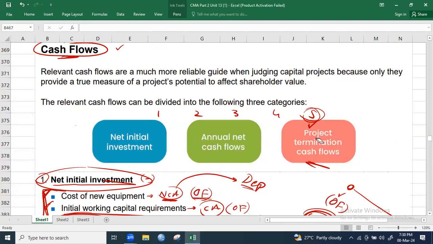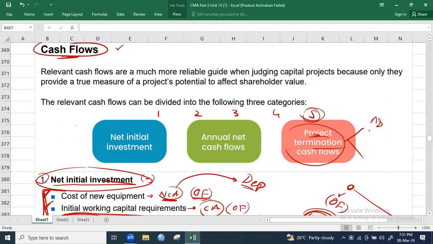And now I'm going to tell you about project termination cash flows. Project termination cash flows means once the project is terminated, once it has ended, whatever cash flows you receive at that time are called project termination cash flows. Usually at CMA level, I'm just explaining with respect to your exam only. Otherwise, NPV or cash flows are a very big topic, so I'm just telling you the required things which are important for your exam. Project termination cash flows usually include what? First thing, it will include